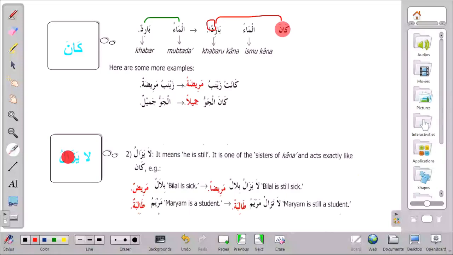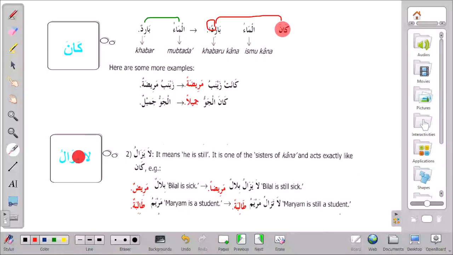Zala, as I said, is for something to run out. Okay, something to run out or to gradually diminish. That is zala. Okay, so it's a negative word. It means the thing is depreciation, like something running out. That is negative. But if you add la again, it means instead of the thing running out, the thing is still, like it is not moving. That is correct. It now makes it positive. You add a la to it, now makes it positive. So if I say la yazalu, it means still.